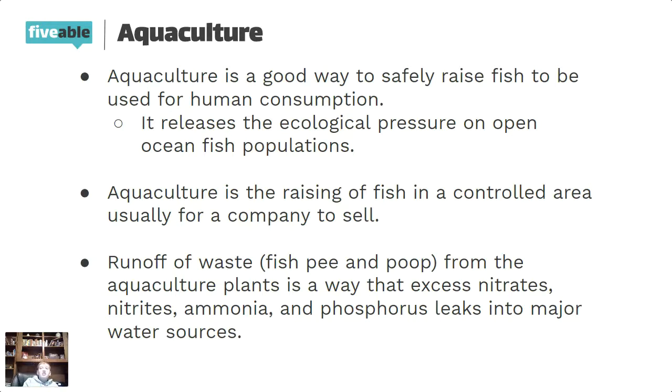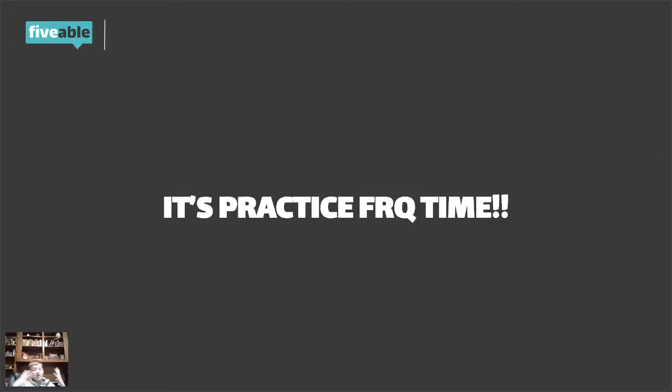All right. So this was a pretty short presentation, a short lecture, but now we're going to move into practice FRQ. Like I said, we're 75 days away from our AP exam. One of the most important things about the APES exam is the writing. The test is scored 50-50, I believe, which means that half of your exam score, 1, 2, 3, 4, 5, comes from your FRQ, and half of it comes from your multiple choice. People always like to focus on multiple choice and say, oh yeah, if I just know the facts, then I'm fine, right? No, you have to know all about the facts.